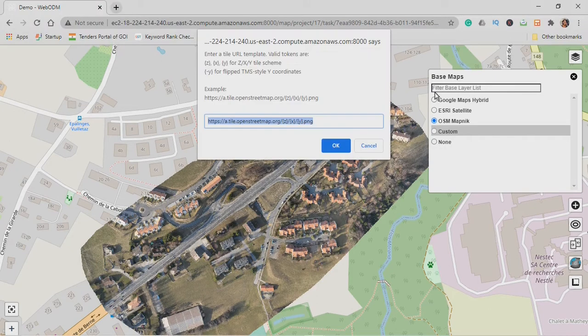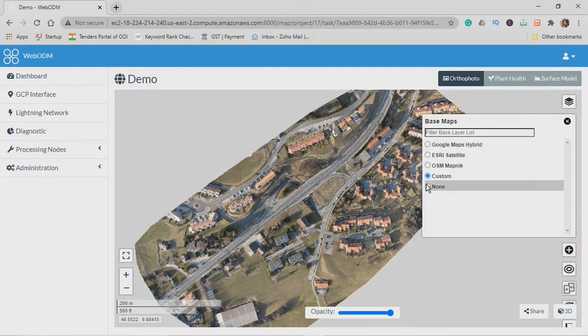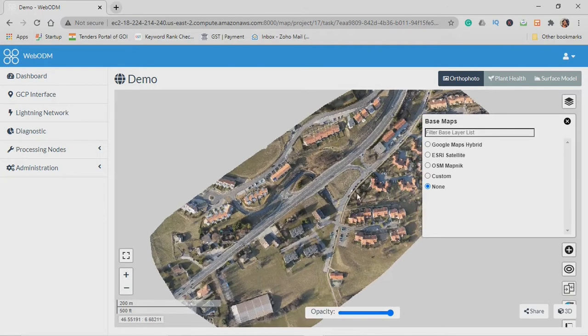If needed, you can also import a custom map as your base layer. All you need to do is select this option and follow the format specified over here. It is the tile format basically. Also, you can remove all the base maps and keep it as none.